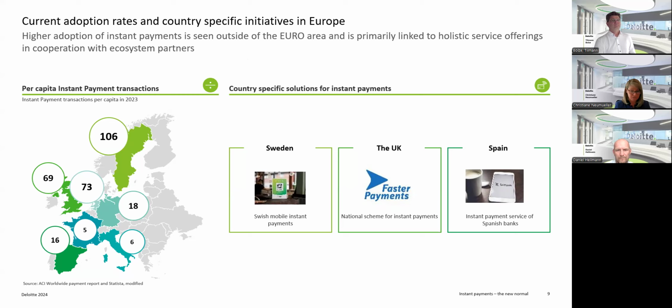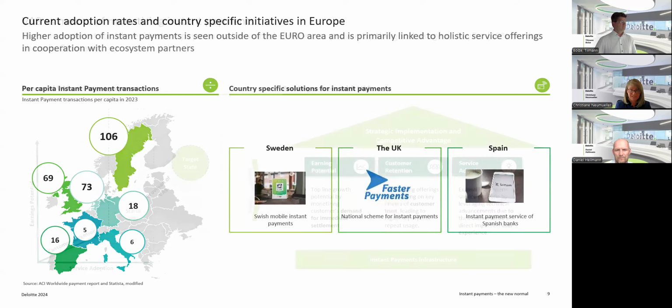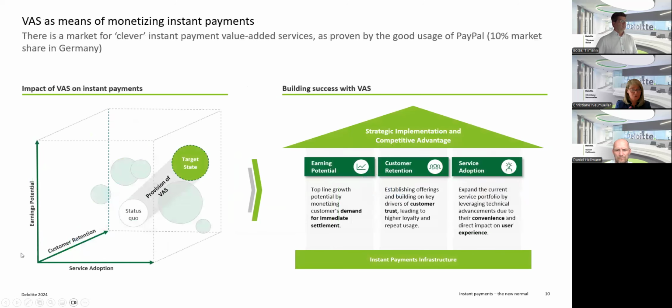Keep in mind, we started in November 2017. And this time I was also working for banks. We started with instant payment. And now 7 years later, it's a mixed picture for sure, but it's not normal. And I think on this, we have to work. And for sure, we have to find opportunities also to earn money with the solution. So let's step to the next slide and move forward.